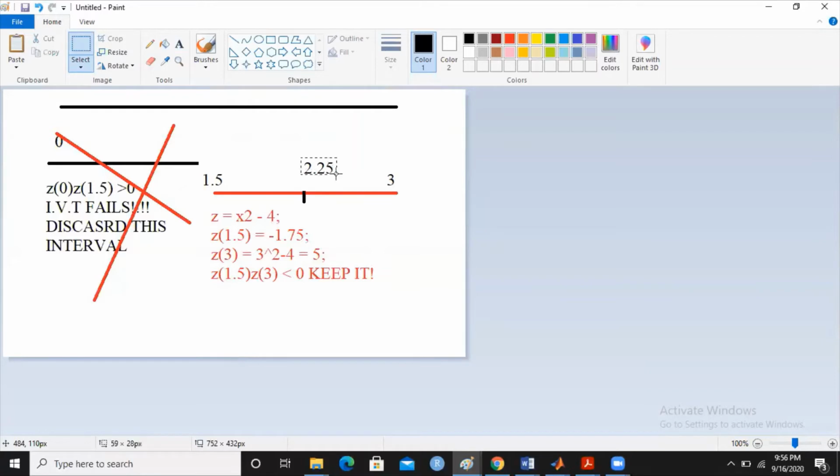This is my new picture. Now I will apply the intermediate value theorem on this subinterval,